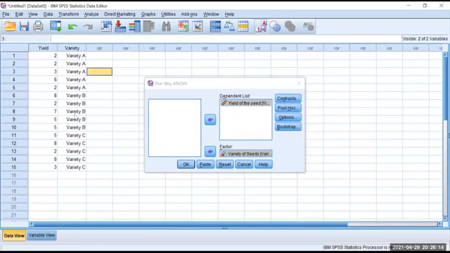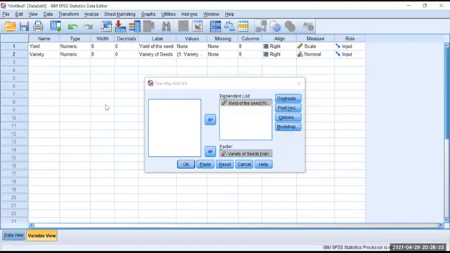Excuse me, sir. Yes, ma'am. Sir, is it compulsory to nominate numeric values to this variety A, B, C? Ma'am, variety ABC is a factor. It's like a variable. What if we put variety A as A only, variety B as B, and variety C as C? You have to give it only in numeric, because we have to do analysis with numeric data. It will not take the alphabets.